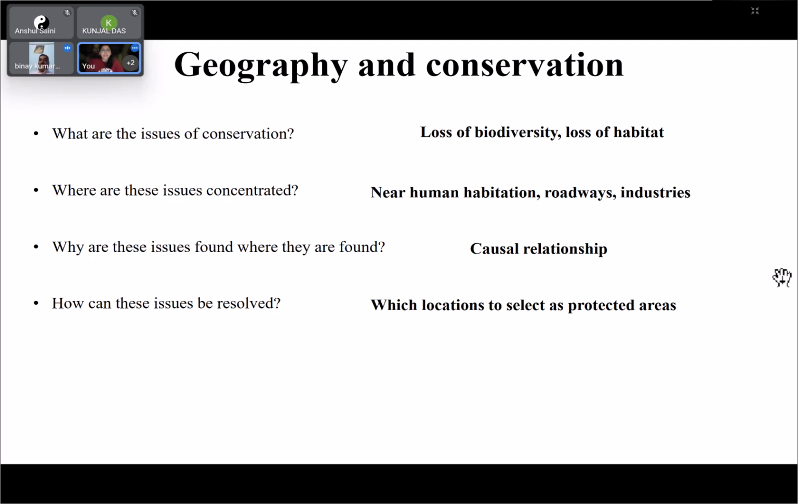Now, like I said, geography and conservation, when you put it together. So, in geography, what, where, and why. You also put it in conservation in the same perspective. Just when you ask what are the issues of conservation, the most prominent issues will be loss of biodiversity or habitat. Then you see, okay, these are the problems. Where are these problems mostly associated? And you will see that they are mostly associated